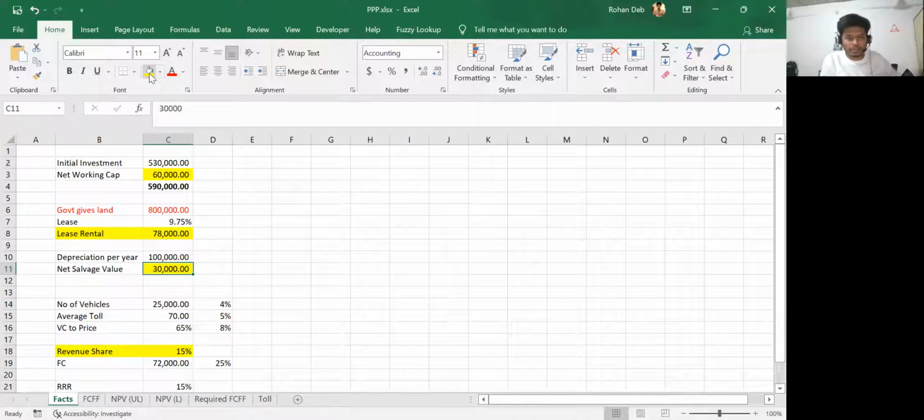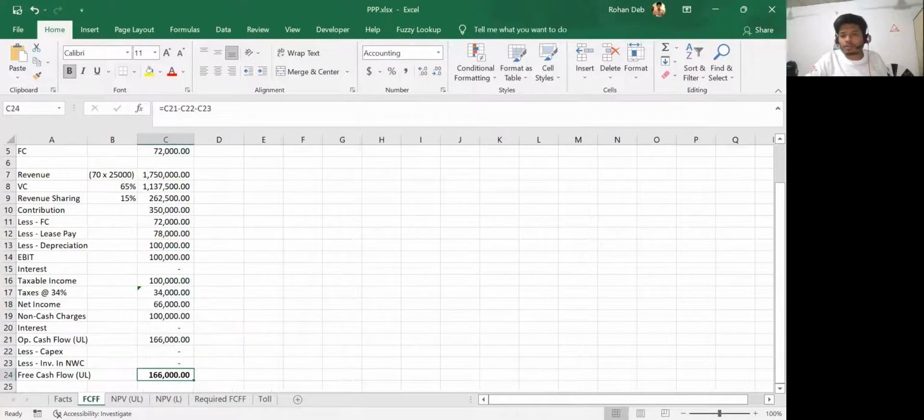So that's working capital, which I'll get back when I stop the business. I'll also sell off the machinery and everything, and that is called net salvage value. Net salvage value is basically when you sell off the machine. For example, you have a microwave that you want to sell. You bought that microwave for, let's say, 10,000, and you want to sell it for 4,000. So your 4,000 is your net salvage value.